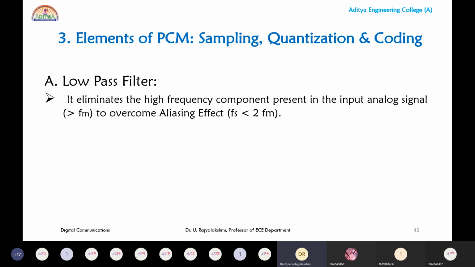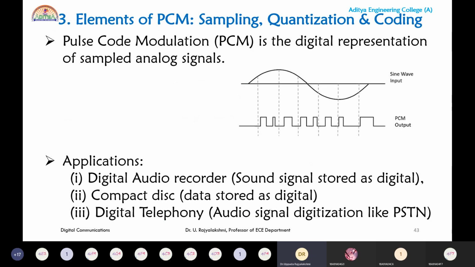So what is pulse code modulation? It is one of the modulation techniques. Please go through the slide. Okay, pulse code modulation. So what is meant by pulse code modulation? An analog signal is represented in the form of code. Regarding your syllabus, this is the first type of pulse analog modulation techniques.